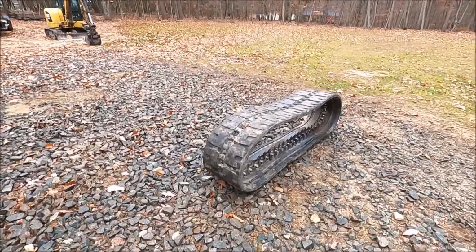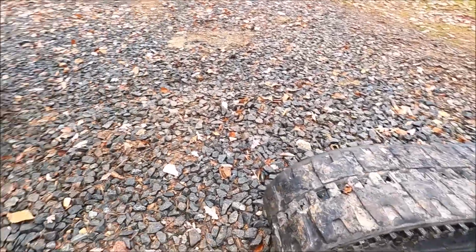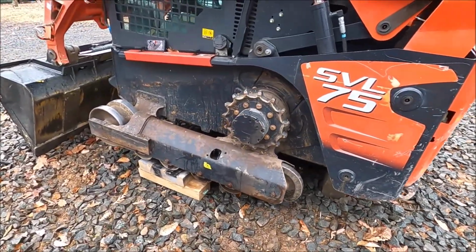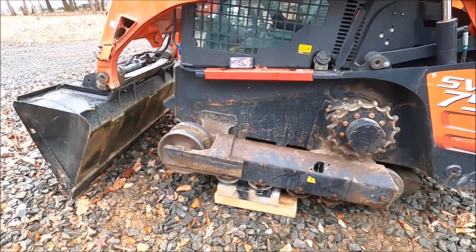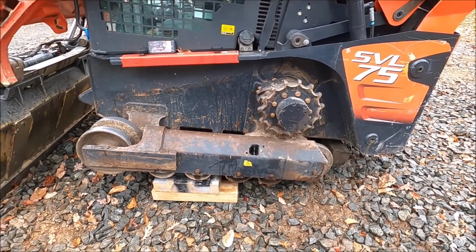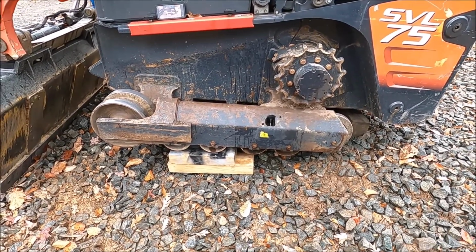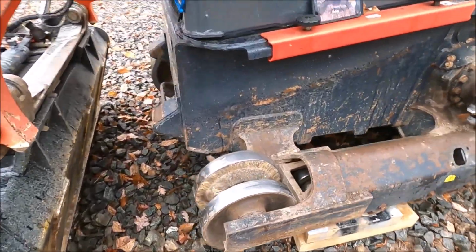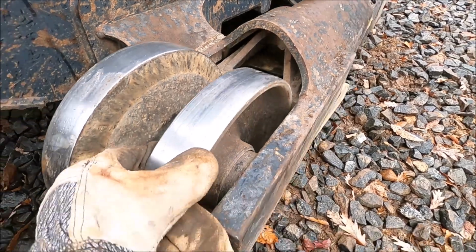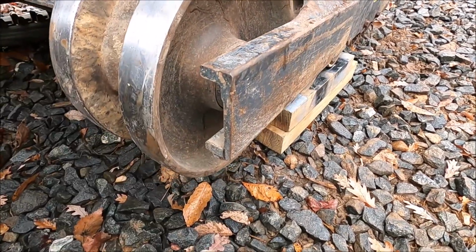so there it is, one track removed, and that was pretty much as expected. Yes, I did it backwards. I took the front off first, and then I took the top and the rear off. I just wanted to see if it would work, and it did. It is very hard. So the reason why I was doing this was to get this front idler off, because